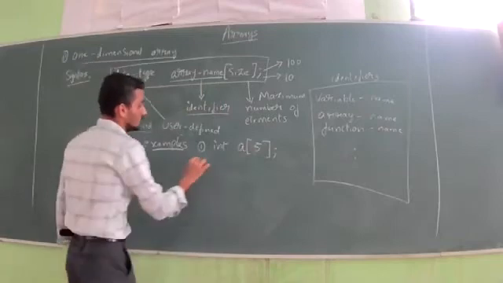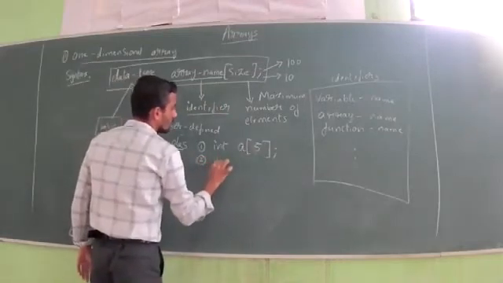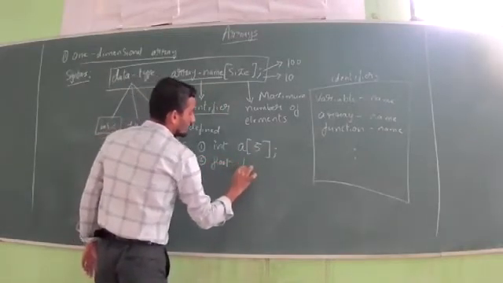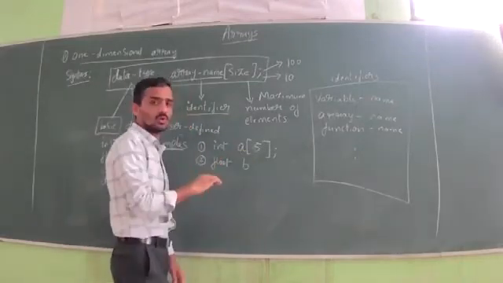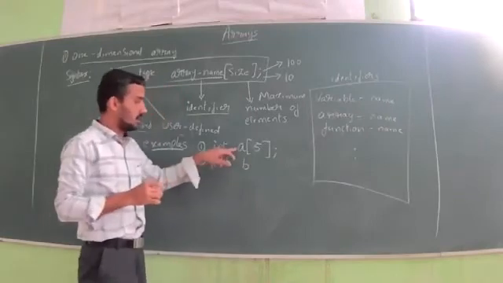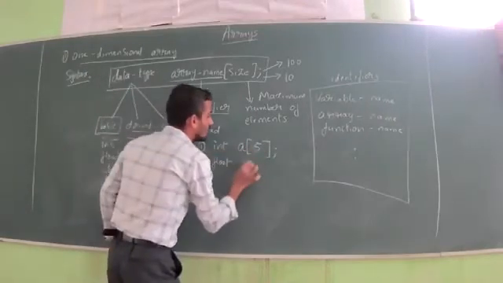Similarly, second, make use of float data. For float, you consider B, because I have already used A. If you want to use another identifier after A, you can write capital letter B.